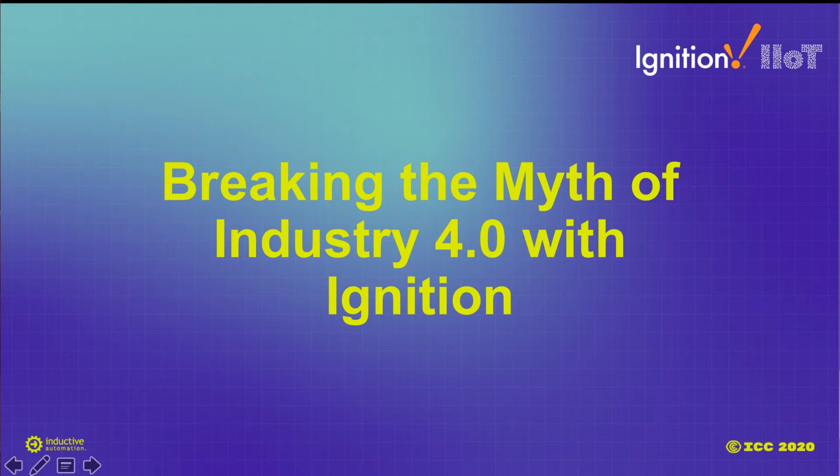We are premier integrators of Inductive Automation. In today's topic, I am going to present a simple approach to Industry 4.0, its principles, the components involved, which include elements of both OT and IT, and the Ignition platform. Before we move on to Industry 4.0, let us understand what is Industry 4.0 other than the known definition that it is the fourth industrial revolution.